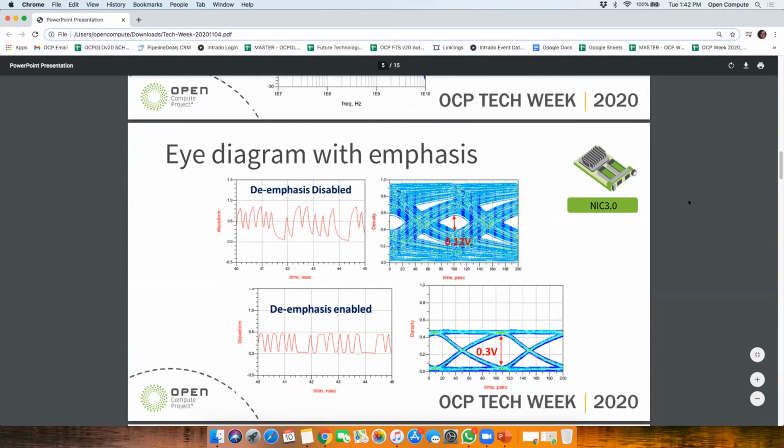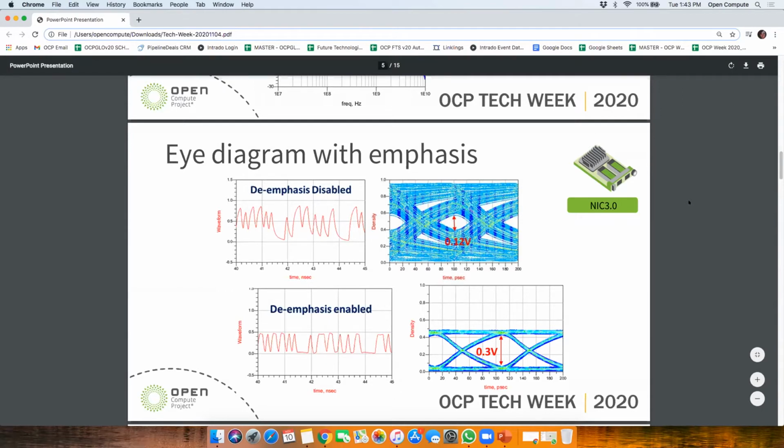If we convert it to the eye diagram, you can see the eye is very small. It did not open. The transceiver cannot recognize which one is 1 and which one is 0. But if we add the emphasis, as in the bottom one,